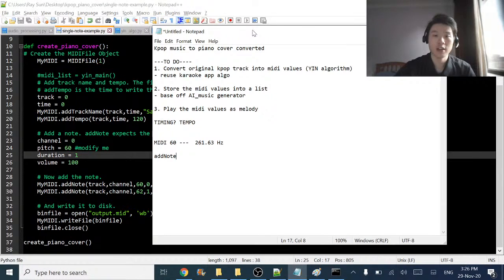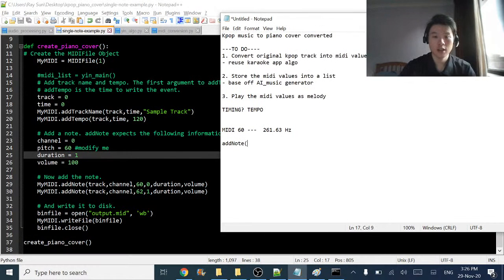Now this add note function takes in five, sorry, six arguments. When I say arguments or parameters, think of them as data, just 6 pieces of information that it needs, okay? So the first information that it needs, sorry, no. It needs to get